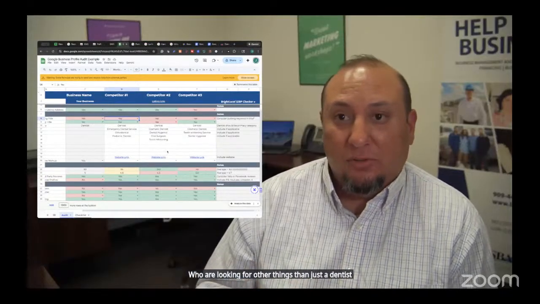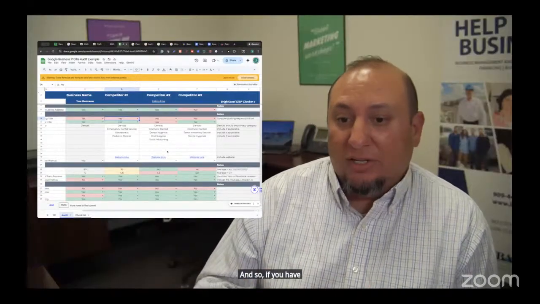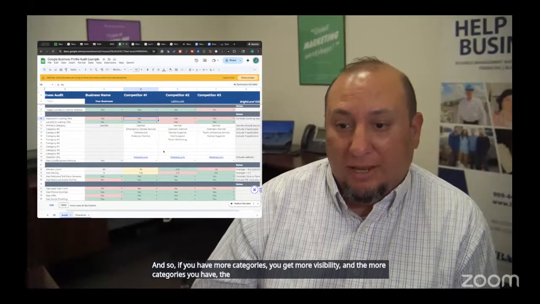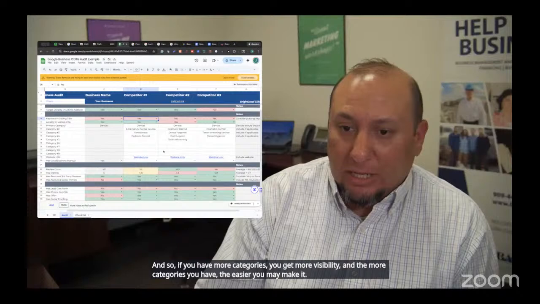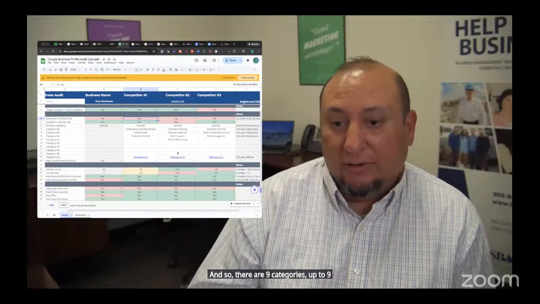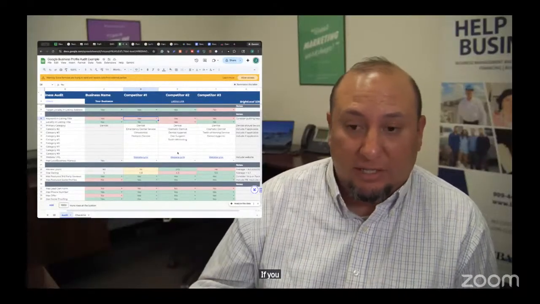So you're able to get more visibility out of it. And so if you have more categories, you get more visibility. There are up to 9 categories that you can work with here. You don't have to use all 9. If you have more, that's fine.